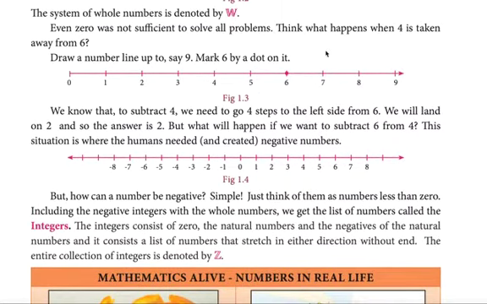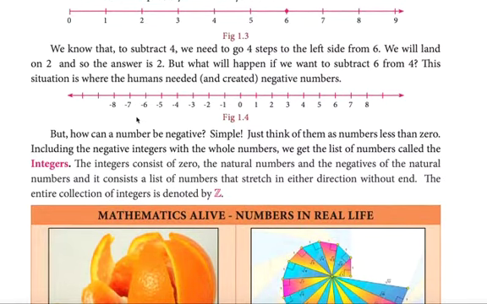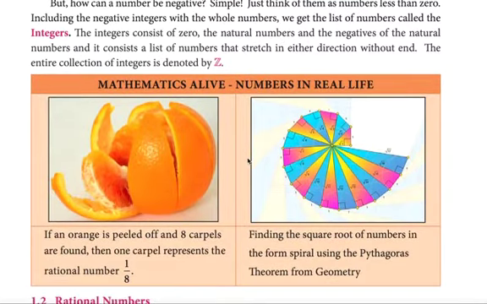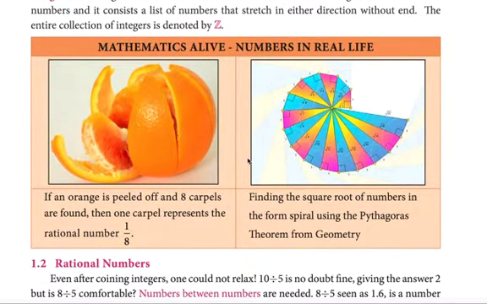Now we have already seen the use of negative numbers, right? When you have to subtract a larger number from a smaller number, you will eventually end up getting a negative number, right? So you need negative numbers also. Okay. When you include negative numbers and positive numbers along with 0, it is called an integer. Integers are denoted with Z. Okay. So what is the difference here? It consists of 0, the natural numbers, and negatives of the natural numbers. That is what an integer is. Okay.